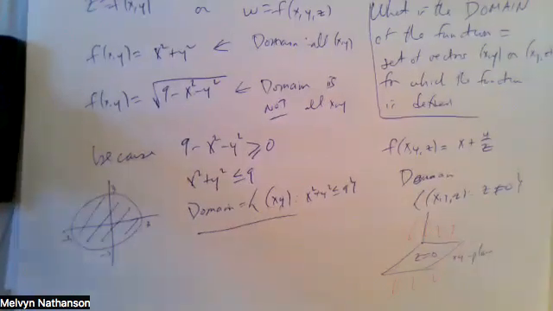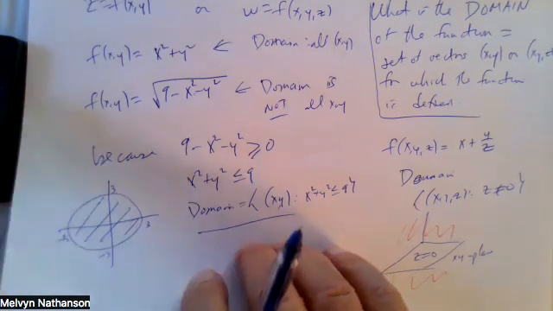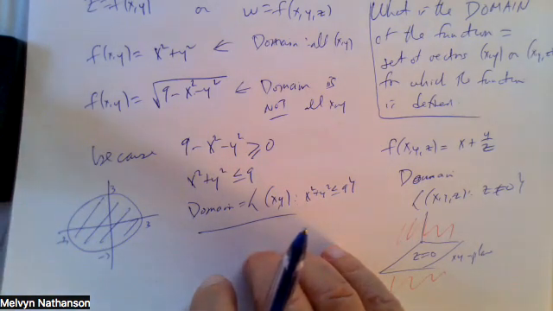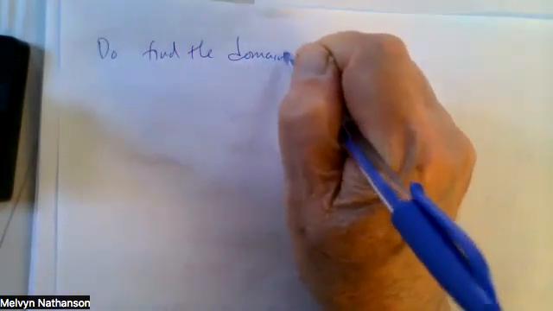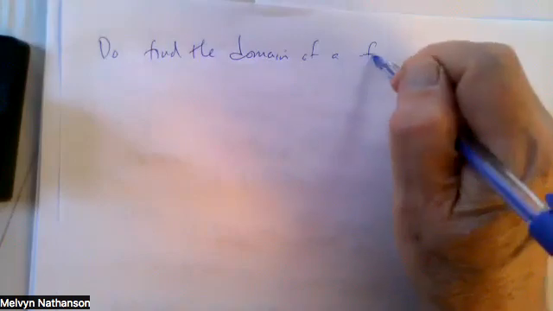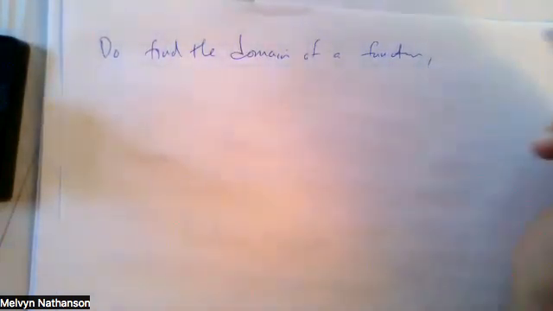And there are a number of examples in the text and exercises where you have to look at a function and figure out what the domain is. And usually there are only two conditions that keep a vector from being in the domain. So to find the domain of a function,